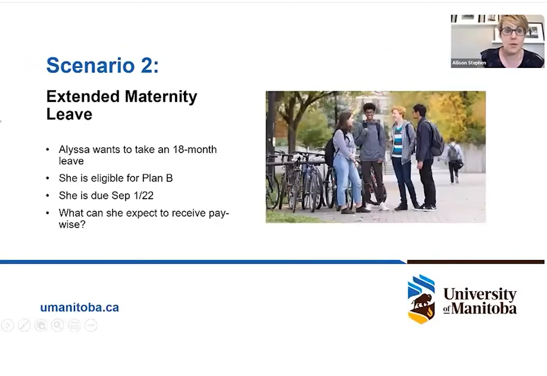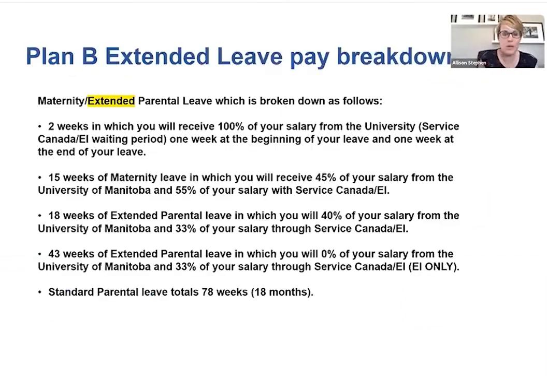The next scenario is Alyssa wants to take an 18-month leave. She is eligible for Plan B, due September 1st. So she would come back in March of 2024. So what could she get pay-wise? She'll still get 1 week of full pay at the very beginning, which is while she waits for her EI to kick in. She'll get 15 weeks of maternity leave top up, which is 45% of her salary, and 55% from EI. Then she gets 18 weeks of parental leave where she gets 40% of her salary and